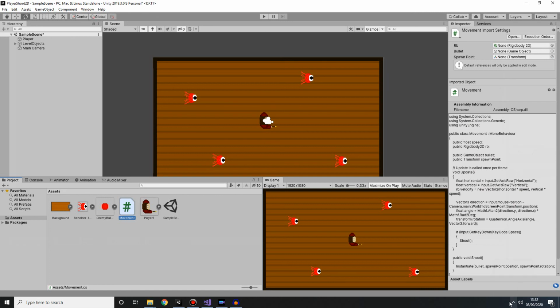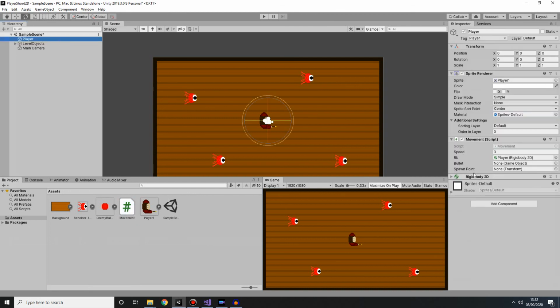Back in Unity, you can see on our script it's now got all the new code in it. So what we're going to do is click on our player object. In the Movement component of it, you'll see that there are now new empty places for us to drag stuff in. So for bullet, we need a GameObject, and for spawn point, we need a Transform. We're just going to drag the player into the transform for now,